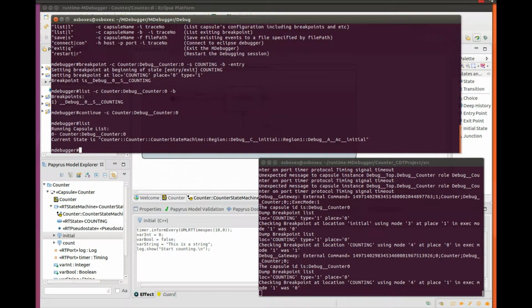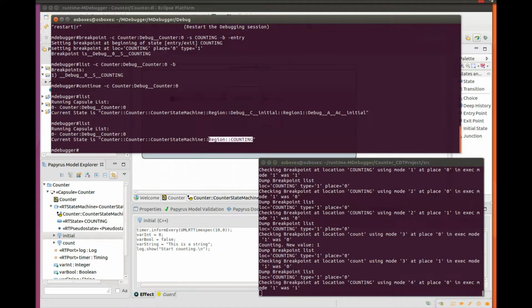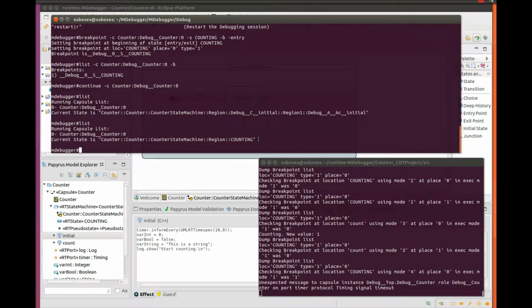Now I can have a look at the current state, and I can see that the current state is counting, meaning that the system was waiting to receive a timer event in order to cross the count transition.